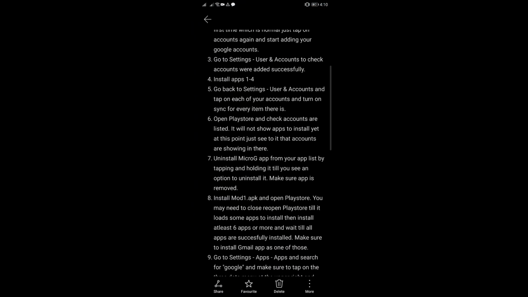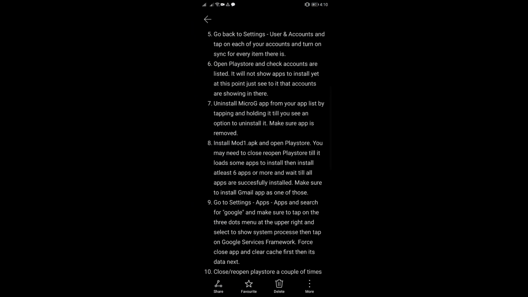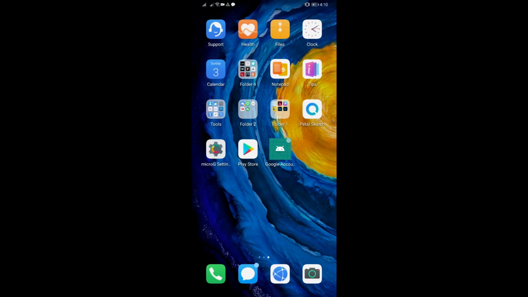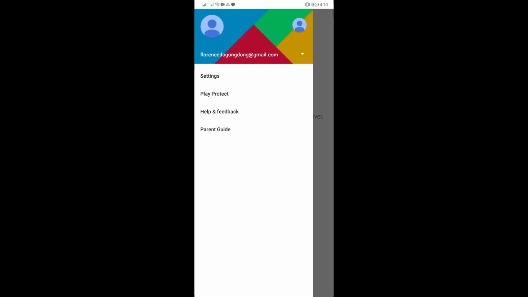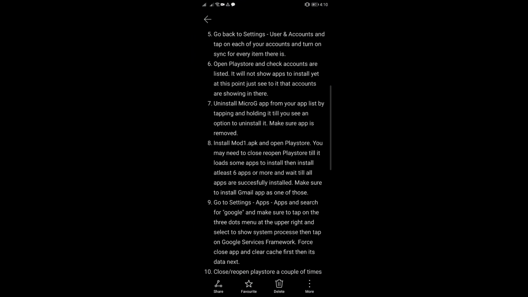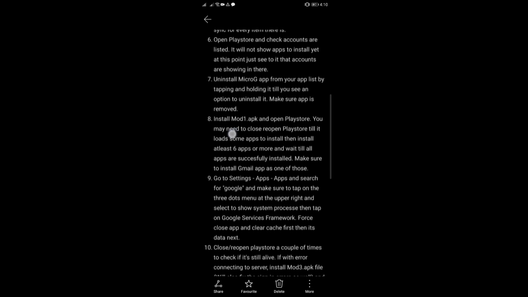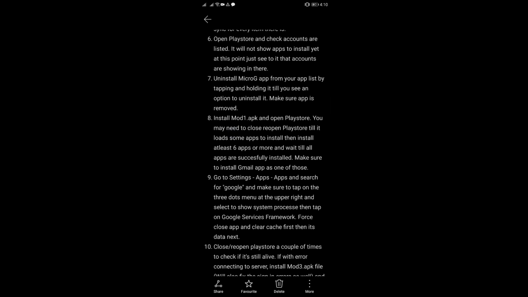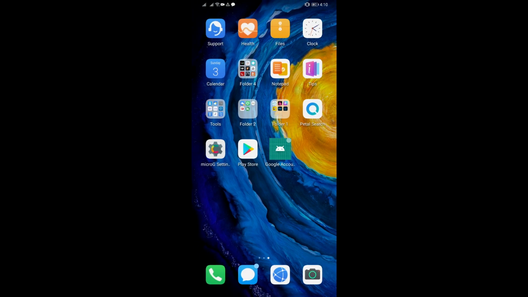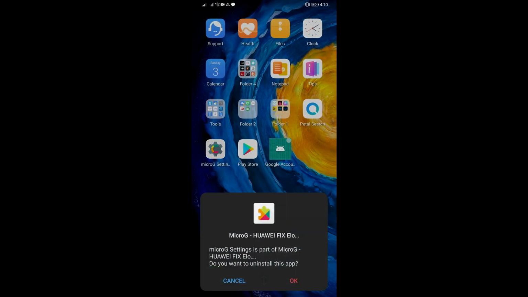Alright, we're done there. Step number 6, let's open Play Store and check if those accounts can be seen in there. And there they are. I have 2 accounts here, that's good. Step 7 is to uninstall MicroG from your app list. Look for the MicroG on your apps list on your home page, tap and hold it and choose uninstall. Alright, now that it's uninstalled,